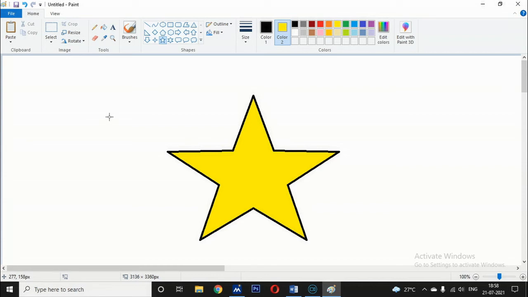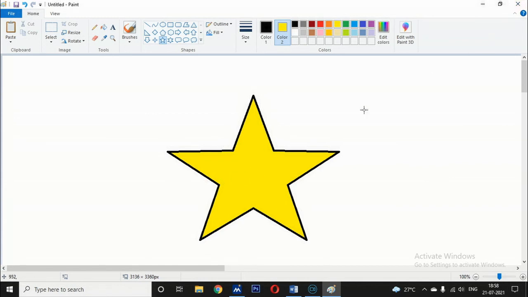Now let's move to the next one, that is rotate or flip a drawing. You can use the rotate tool here to change the angle of the whole drawing or a selected part of the drawing.